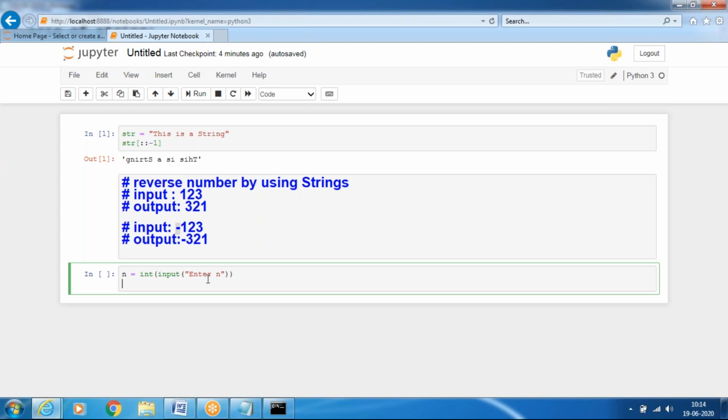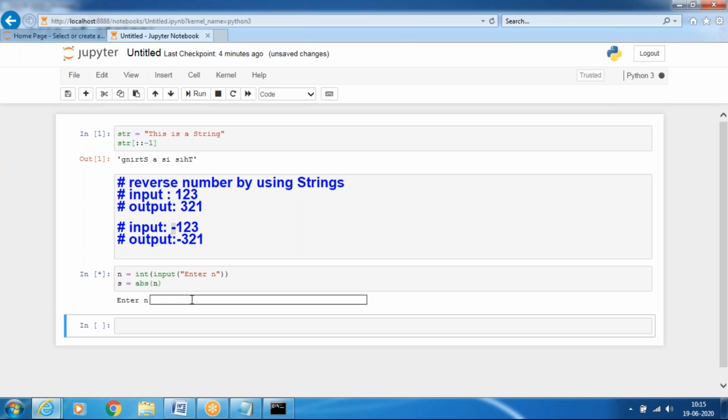So how will you convert it into a string? First you will convert it into an absolute value, then into string. s equals abs of n. First we will run this code and observe.